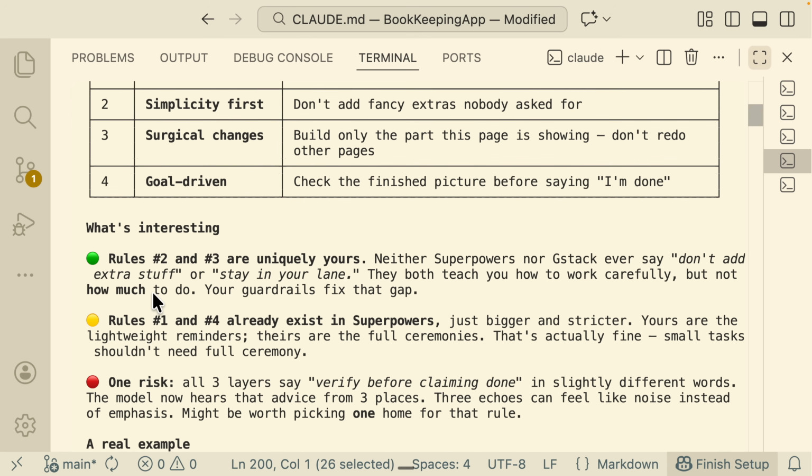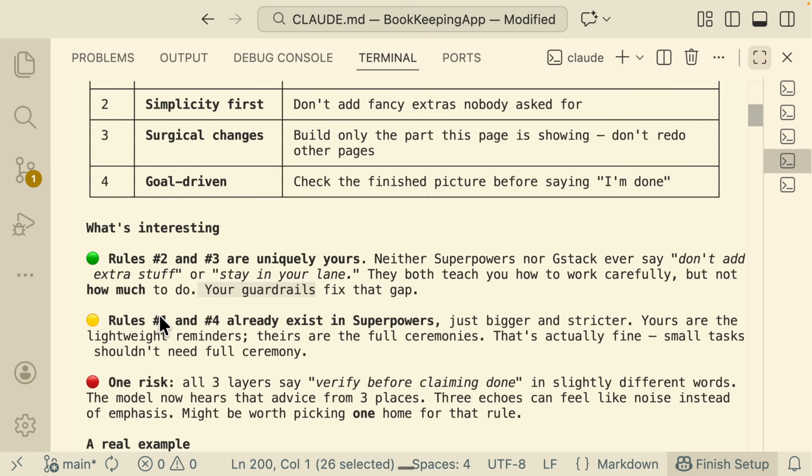And you can see that rule number 2 and rule number 3 were pointed out by AI as uniquely different compared to Superpowers and GStack, because none of them mention anything about adding extra stuff or staying in your lane, or they don't really mention these things as constraints. They both teach how to work carefully, but they don't say how much to do, right? Your guardrails here, which is our Claude.md file, fix that gap by mentioning these things, right?